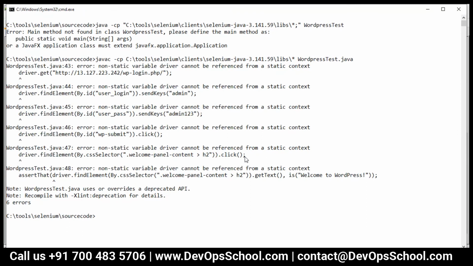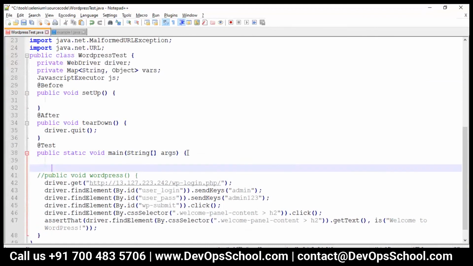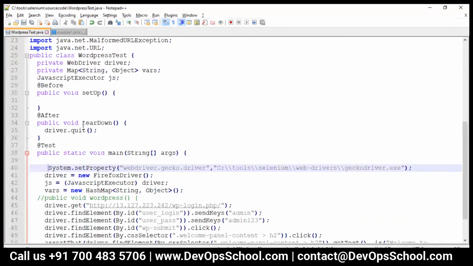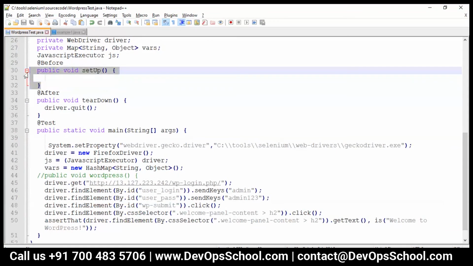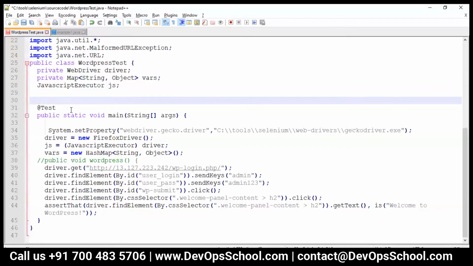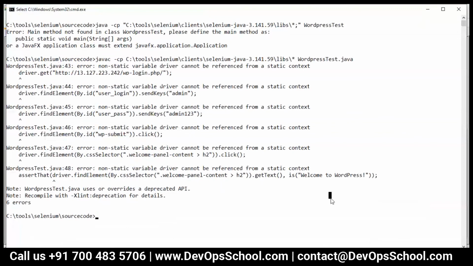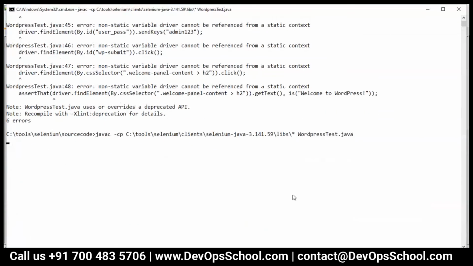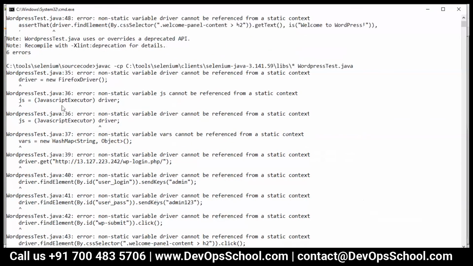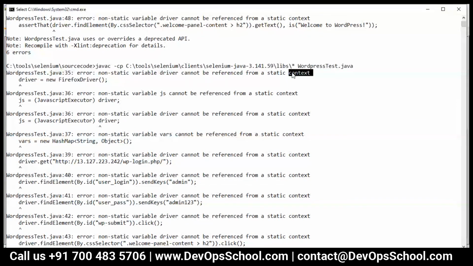What is this? Non-static variable cannot be referenced from a static context.